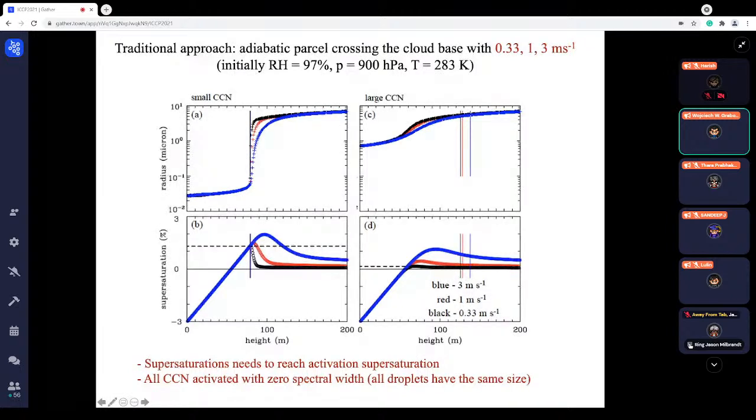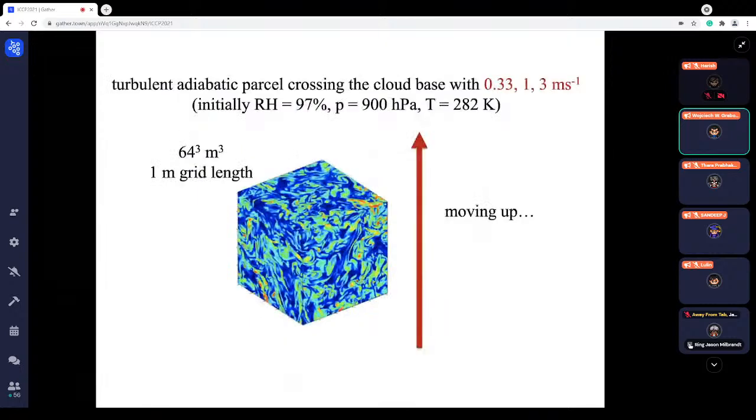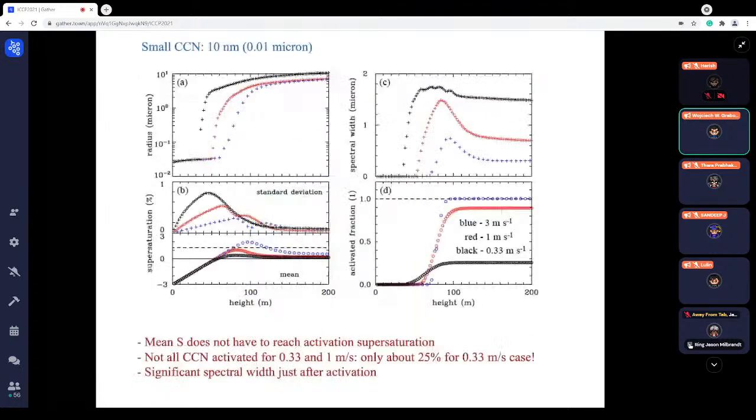So what can turbulence do to it? Well, this is the framework we're looking at. We're looking at a box, 64 cubic meters. That's a large box, 1 meter grid length, filled with turbulence. Turbulence is maintained in our simulations. And that's a turbulent adiabatic parcel, basically the same initial conditions, the same updrafts. And this parcel, think about it as a box that rises to the cloud base. So we start everywhere with 97%, those conditions, and we move up. And of course, the question is, what is different now